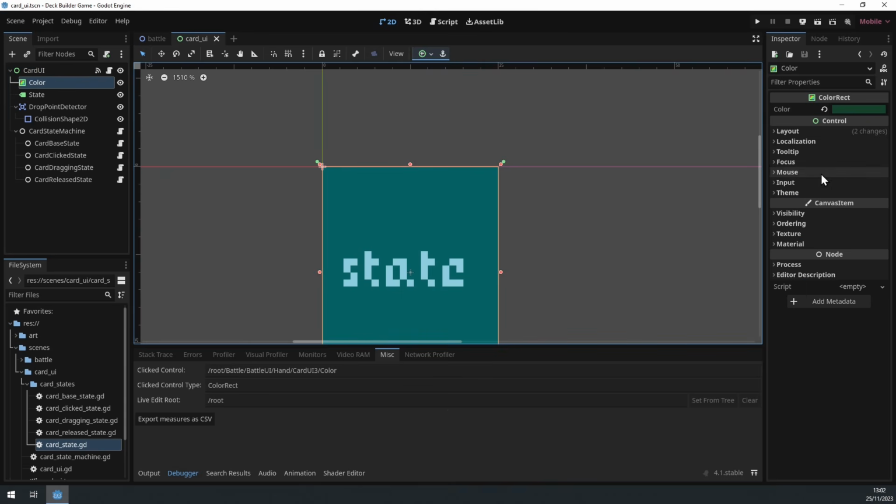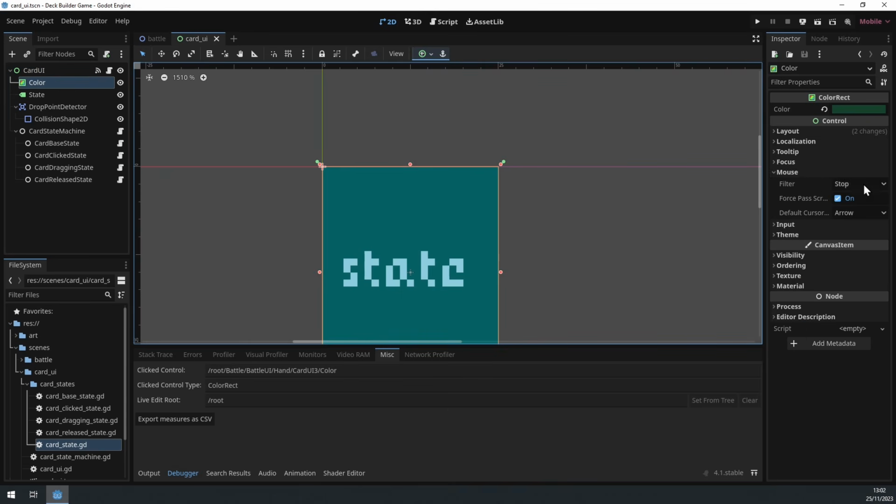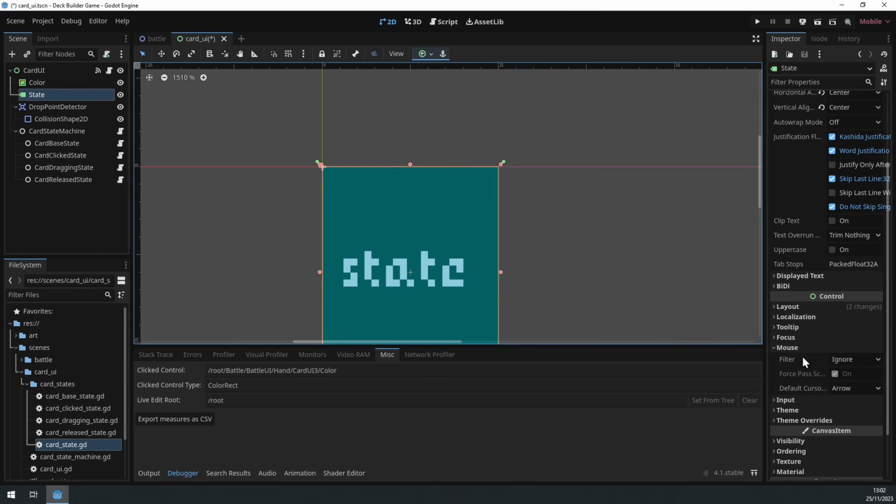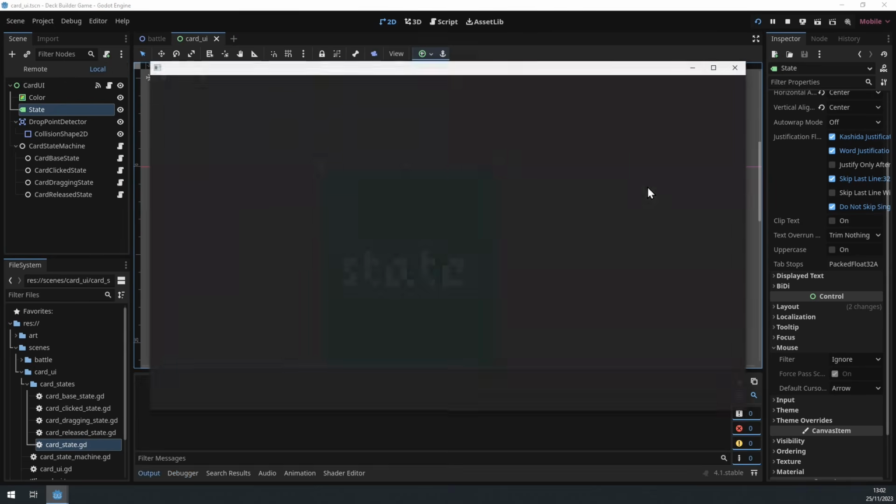Now let's see for the color. So you can see that, okay, this is set to stop too. This can be good, right? Because it's further down the tree, so it will enjoy the priority of handling this event first. So let's set this to ignore instead. And just to be sure, check the label as well. But by default, in Godot, labels ignore mouse input events. So now if we save this scene and run the game,